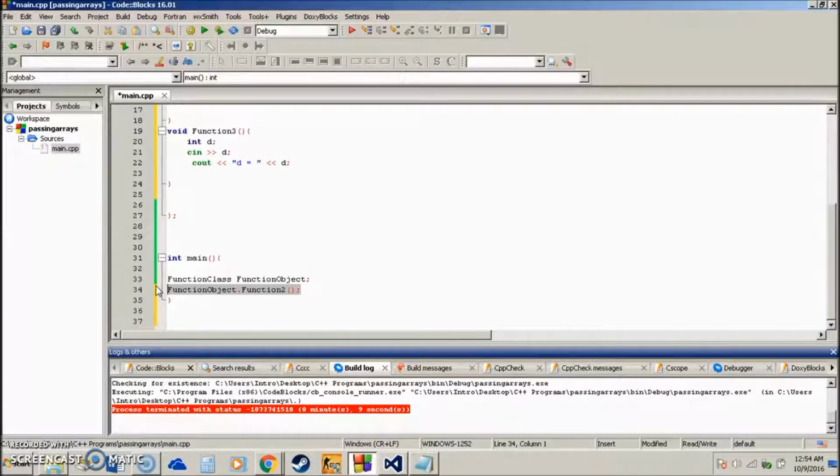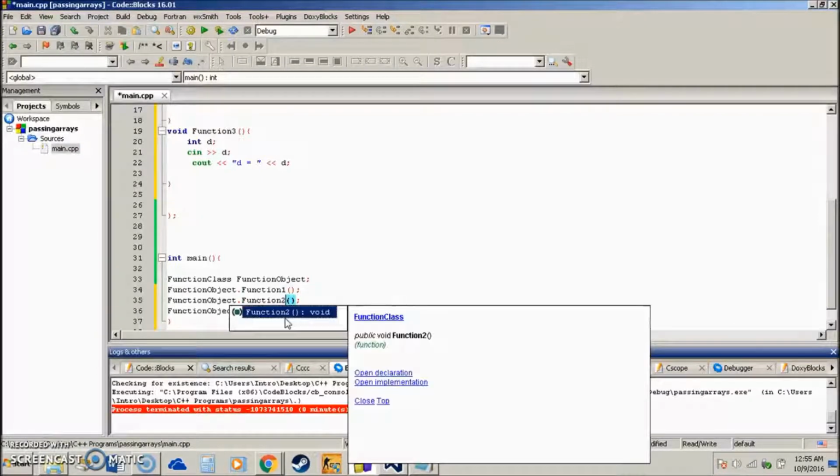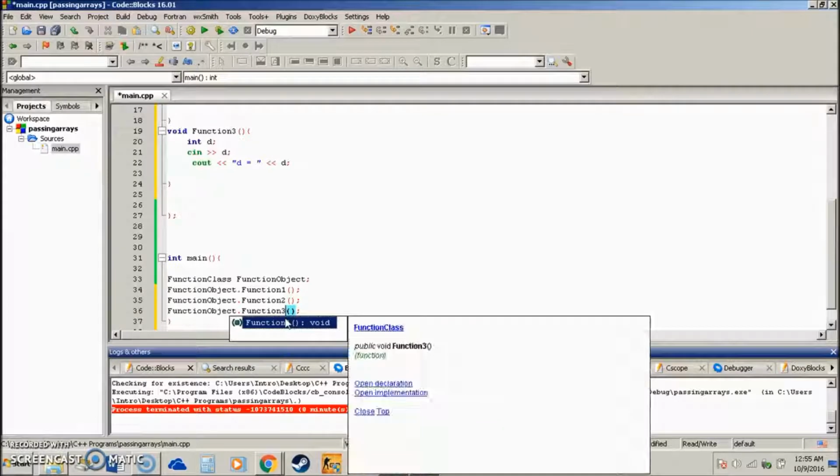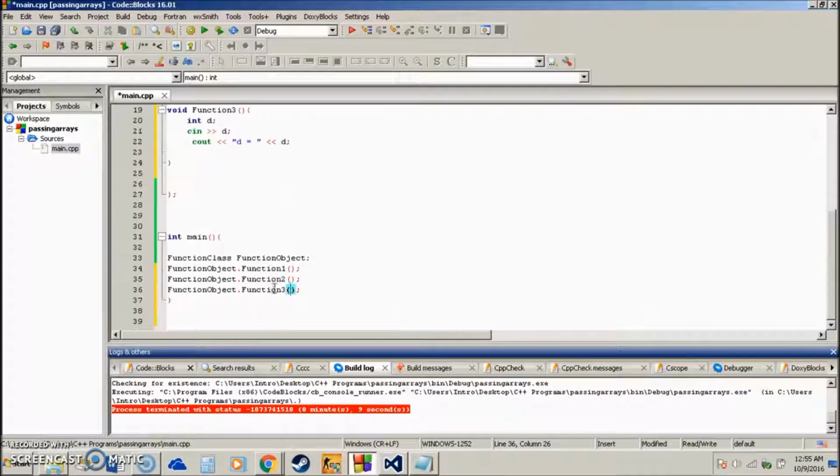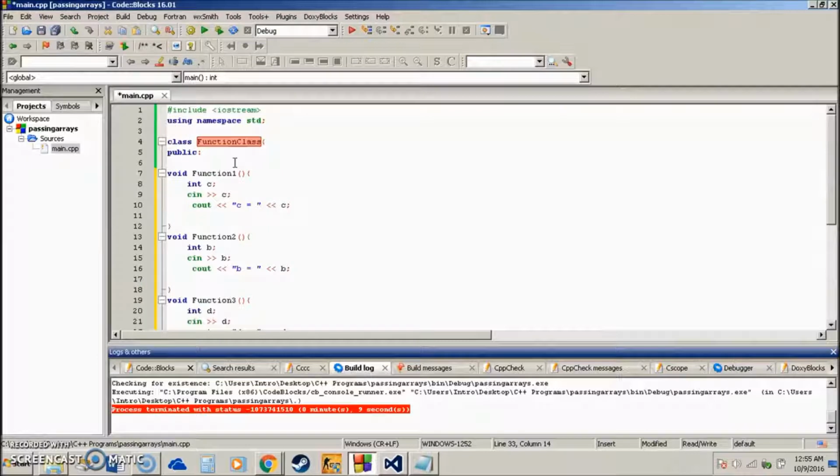So I could call all three functions, for example, which I'll show you really fast. We have function 1, 2, 3, and we're using the same object to call these three functions that are in the same class. So when we go and run this,